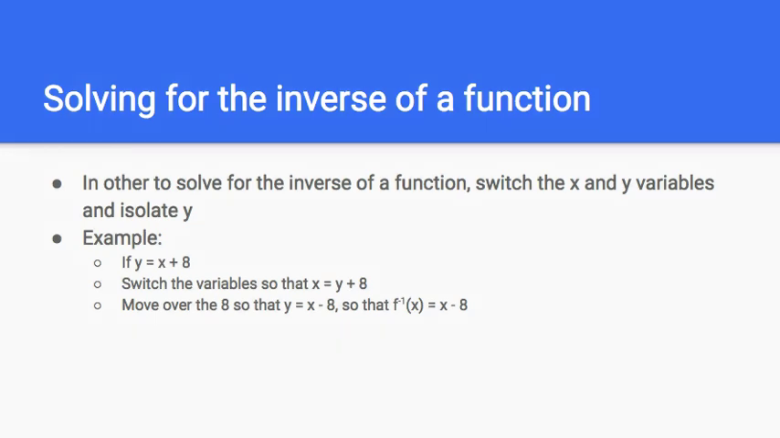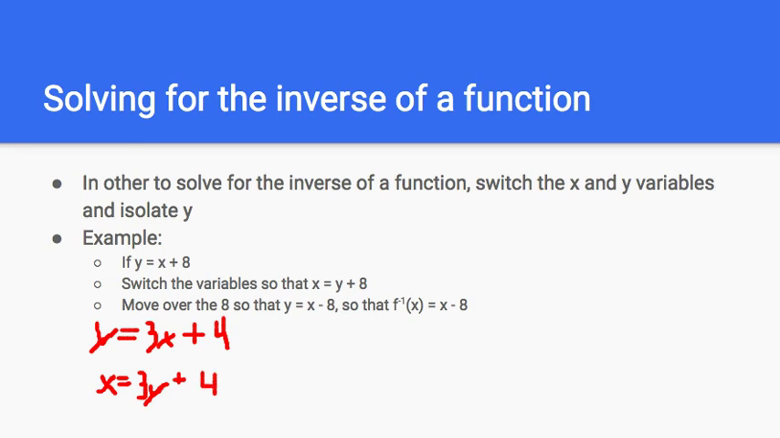Let's try making another one just to make sure that you guys get it. Given that y equals, let's say, 3x plus 4. Let's solve for the inverse of this. In order to solve for the inverse, the first thing we do is switch the x and y variables such that x equals 3y plus 4